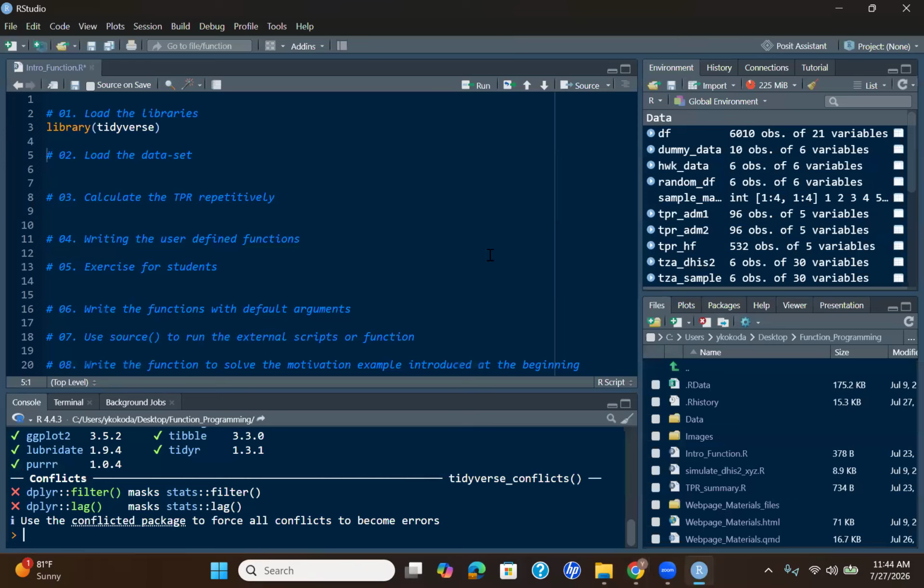Hi, Kokoda. Yes, it looks like every time we load the Tidyverse we get this conflicted package message, but it's still working. The reason is that Tidyverse and some other libraries have some functions within them that are the same.